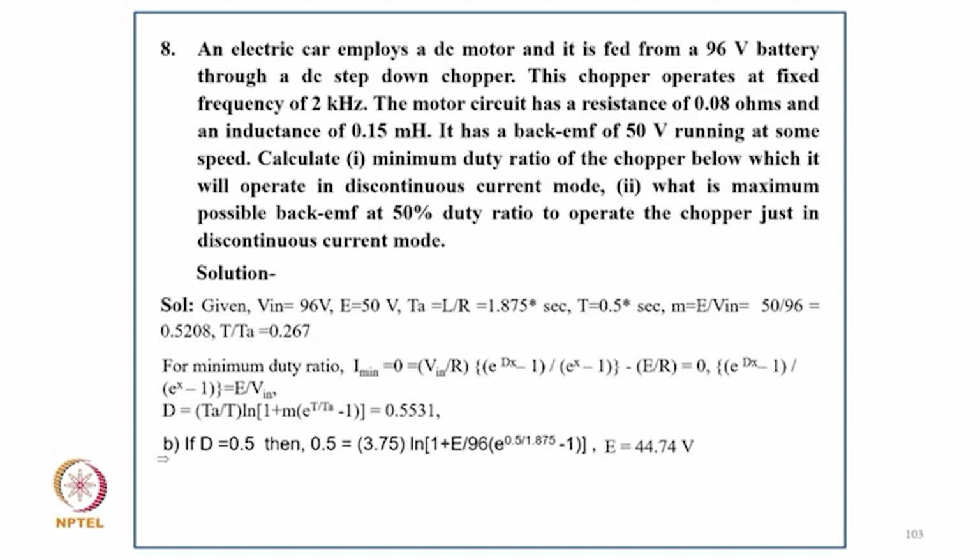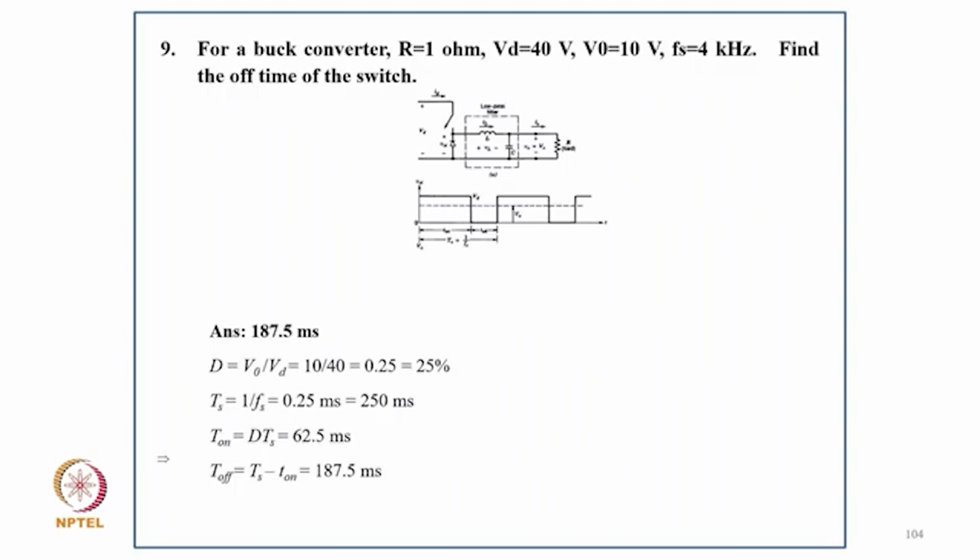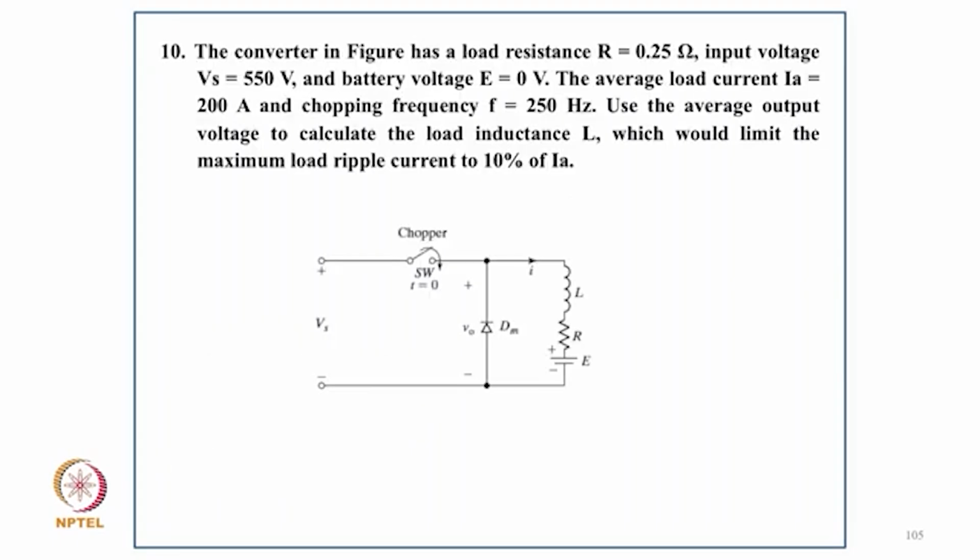So given the data here, for minimum duty ratio, I minimum 0, putting value, it comes D equal to 0.5531, and if D equal to 0.5, putting value, E comes like 44.74. So coming to example 9, for the buck converter, R equal to 1 ohm, V equal to 10, F equal to 4 kilohertz, find the off period. So putting the value, typically T off comes 187.5 microseconds. And coming to numerical example 10,